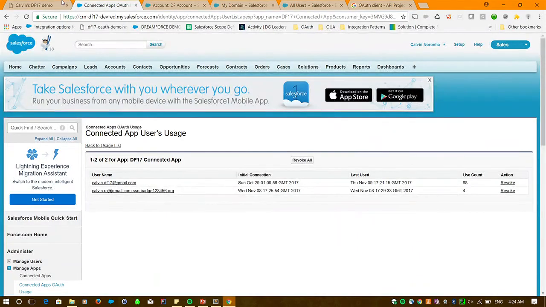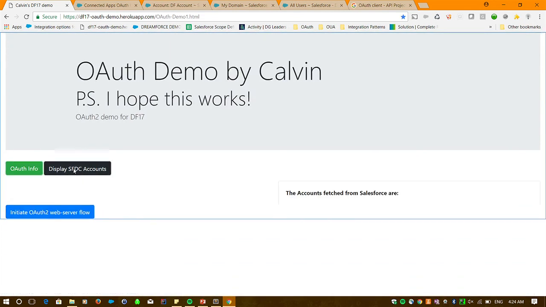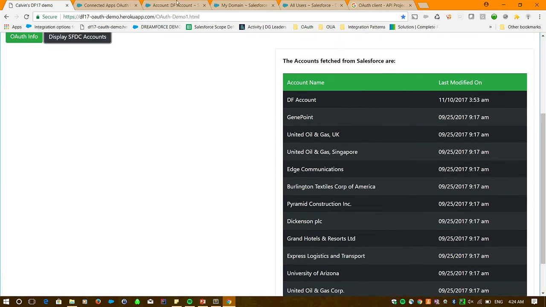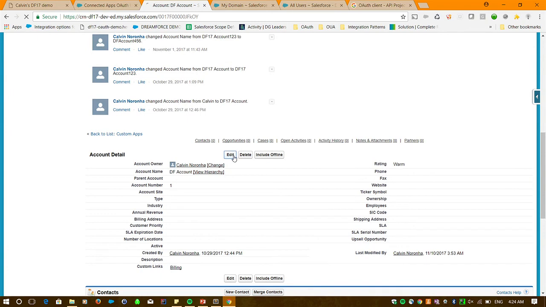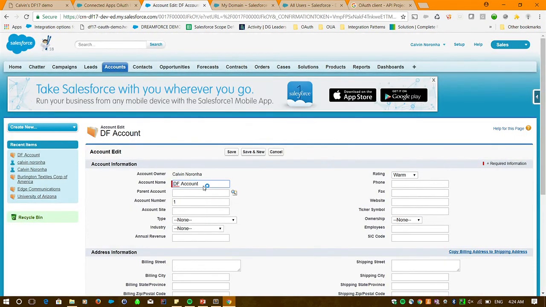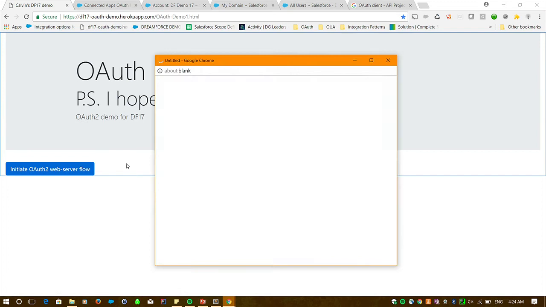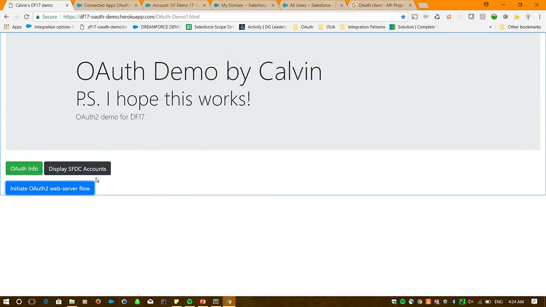So if you go back here to my demo, this is the place where we actually fetch information from Salesforce. So you can quickly go and see if this works. We can go and do just a quick edit on an account. We'll just call this demo 17. I'll just restart this again. I'll allow that, and